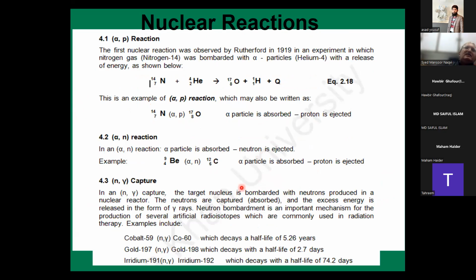Now I talked a little about the nuclear reactions. I will not talk about every reaction in detail, but just for the completion of this presentation, I have shared the common reactions, the alpha and proton reactions, the alpha and neutron reactions. The mechanism is that